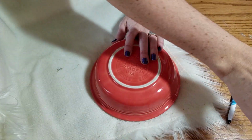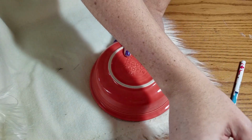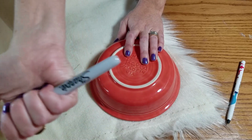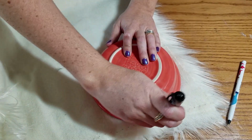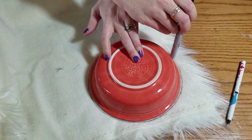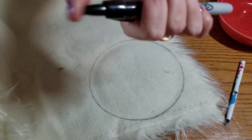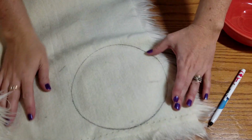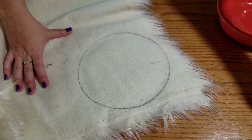Oops, this pen doesn't want to work. Silly Star Wars pen. Let's see, this will be easier for you guys to see anyways. So we're going to draw around the cereal bowl here. We have a nice little circle. So here's our circle. We're going to get that Star Wars pen out of the way. And then,